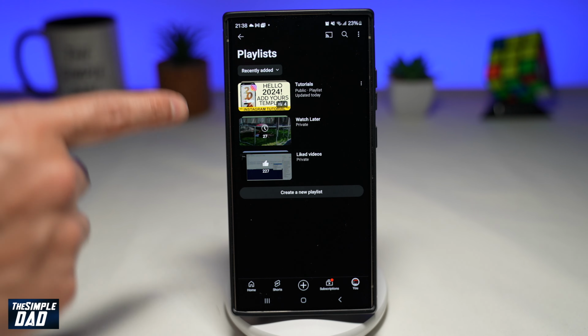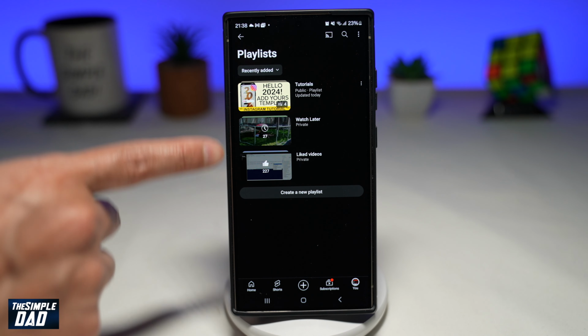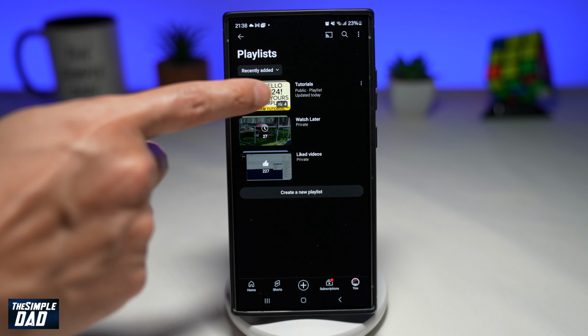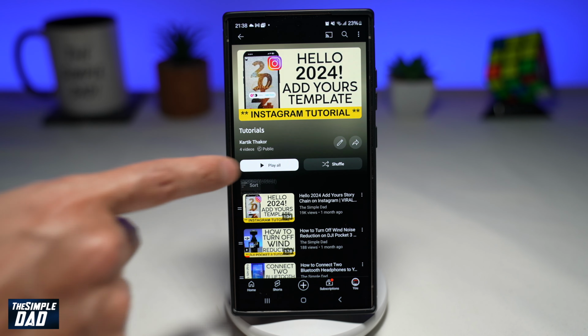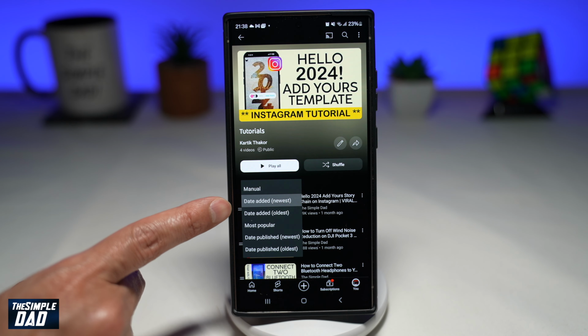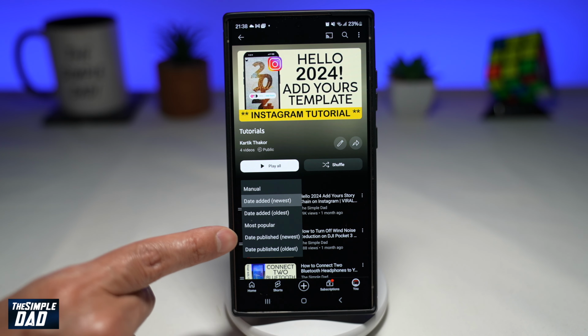And now here, this will show you the playlist. So I've got 3 playlists here. I'll go ahead and tap on my tutorial playlist. From here, you can go ahead and organize your YouTube videos by the following options. So as you can see, you have the same options as the iPhone: manual, date added, most popular, date published,